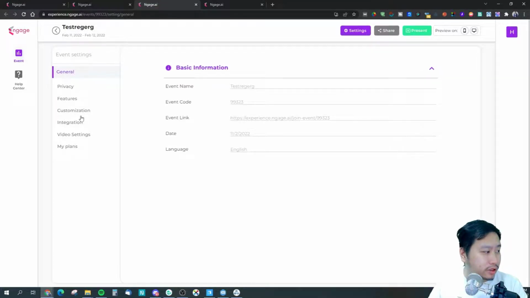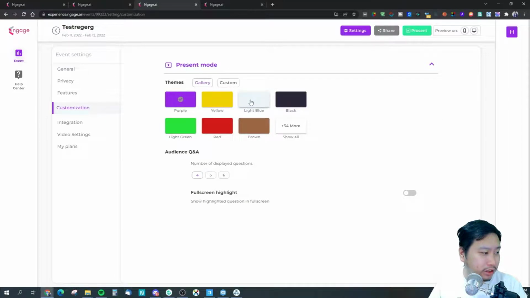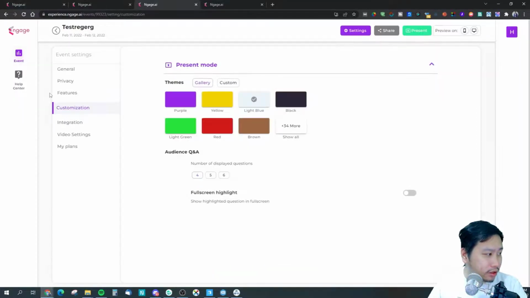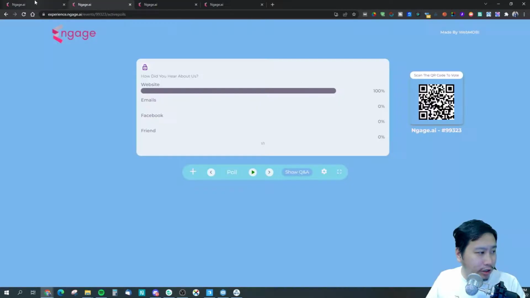Okay, so there's a way to change the presenter mode as well, so this is quite interesting. Okay, so this is the custom theme. We'll come to that later on, right? I'm not sure how I landed on this page. Okay, so it actually changes. This is kind of cool.